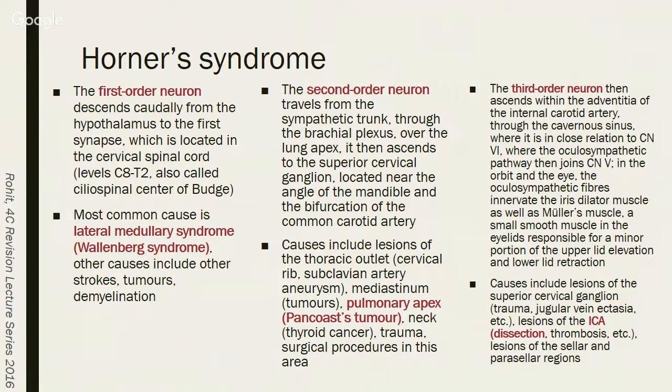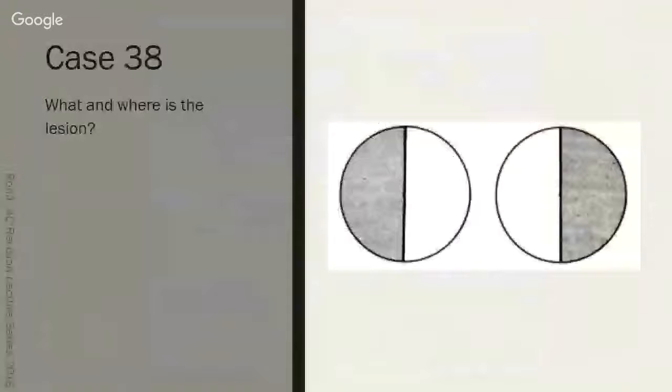So you've got to go over that stuff. That's why I'm doing this. Other things you want to remember are Pancoast tumor, 2nd order neuron, and ICA dissections as well as a 1st order neuron. Those are your 3 causes that I'd suggest remembering out of all the information that I've written on the slide. And a picture, because everyone likes pictures. Right, so moving on to